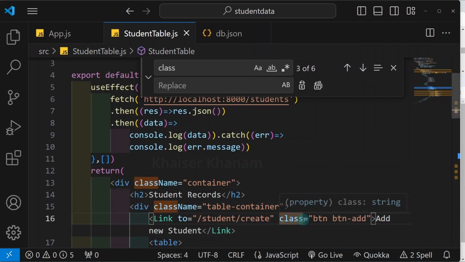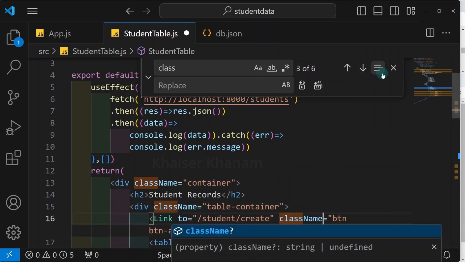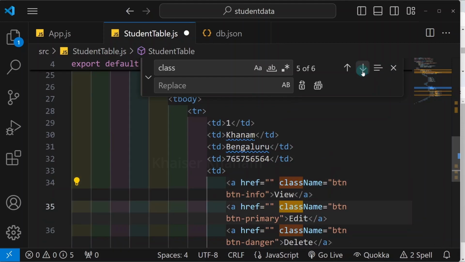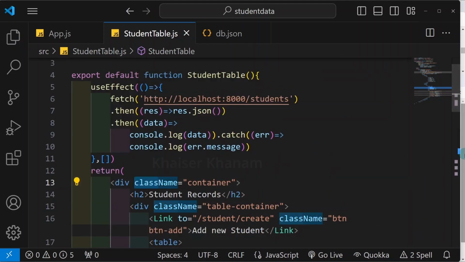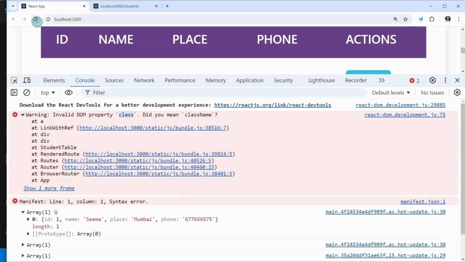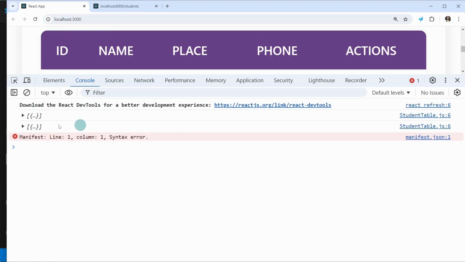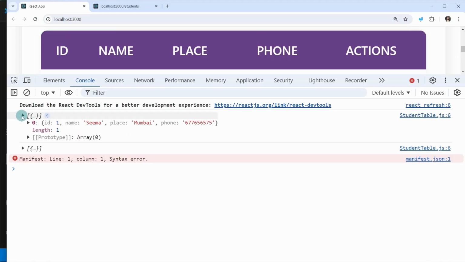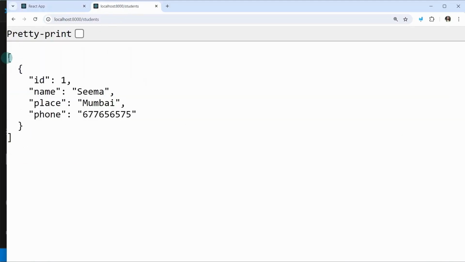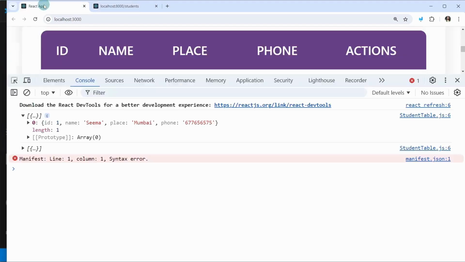Here I have given class. Simply I will change it to className. Save it. Refresh once. Now that warning has gone, and successfully I am able to get my API data whenever